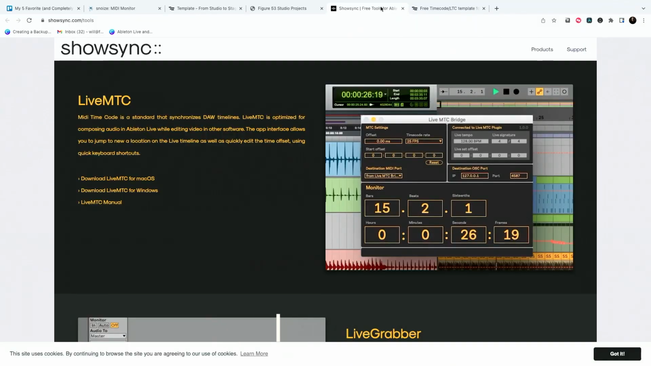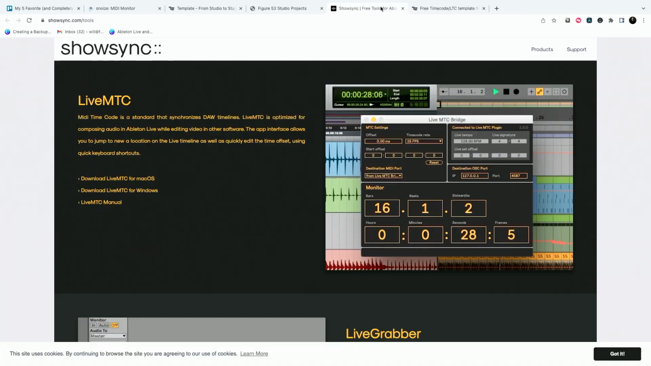Okay, number 4 resource, again, has to do with timecode, has to do with sync stuff, is LiveMTC from Showsync. Now, I should preface this by saying this does require Max for Live, so you've got to have Ableton Live Suite. You've got to purchase Max for Live as a standalone thing. But either way, if you have either of these, this is such an incredible tool. LiveMTC will essentially generate MTC, MIDI timecode, from your Ableton Live session, using this little Max for Live device, and then this